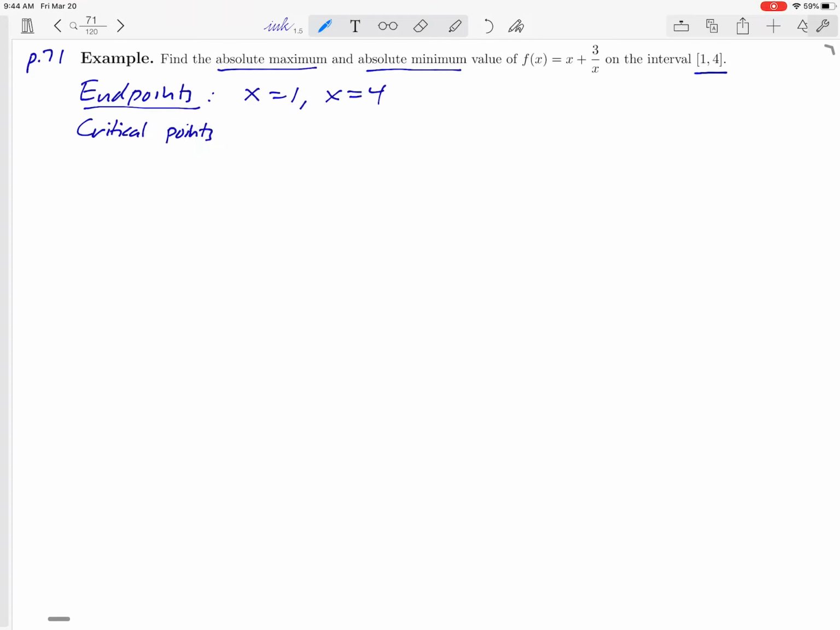Okay, besides endpoints, we need to look at critical points. That means we need to do a little bit of calculation here. Critical points again are places where the derivative is either equal to 0 or undefined. So let's take our function